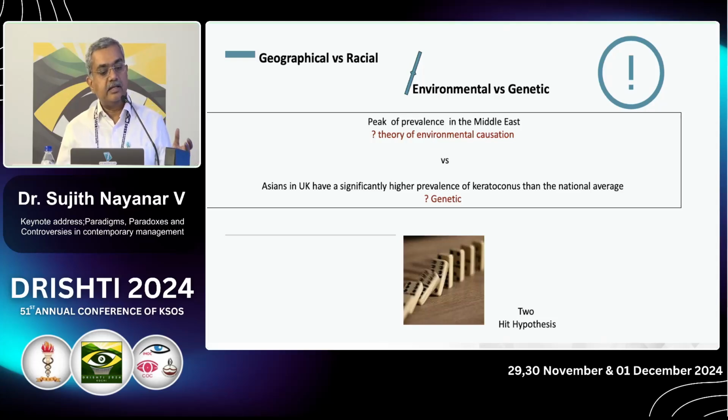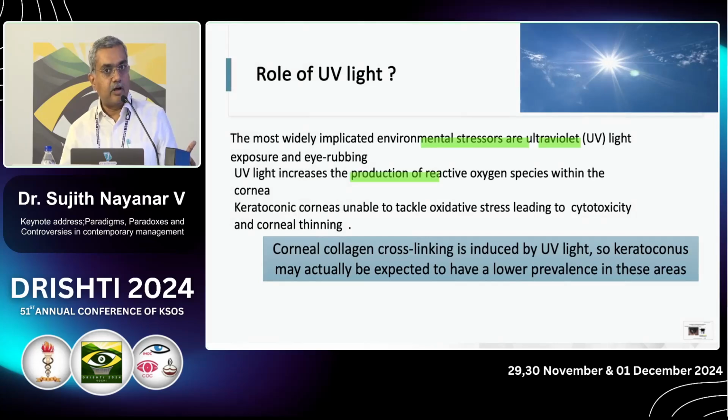When they studied the prevalence of keratoconus in the UK, they found that the Asians in the UK were still having more keratoconus than the national average. So that shows there's a two-hit hypothesis where you have a genetic predisposition, and at the same time when you have an environmental factor on top of that, it actually manifests. Among the environmental factors, two main things have come up, that is ultraviolet rays as well as